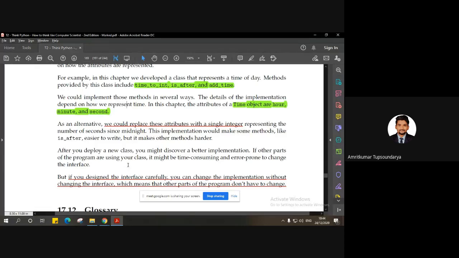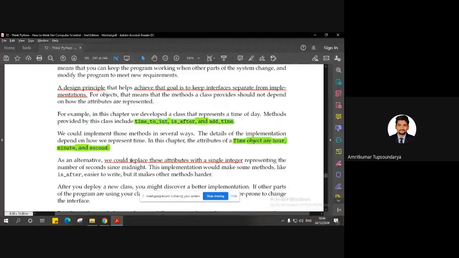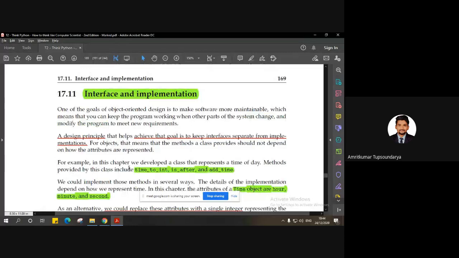This is just one example I gave to help you understand how a change in the implementation or the interface would affect things. Google is such a reputed company, such a huge organization, but still when there is a lack in the design part, and you try to bring a change in the implementation without making a change in the interface, then you might get this problem. I hope the concept of interface and implementation is clear now.